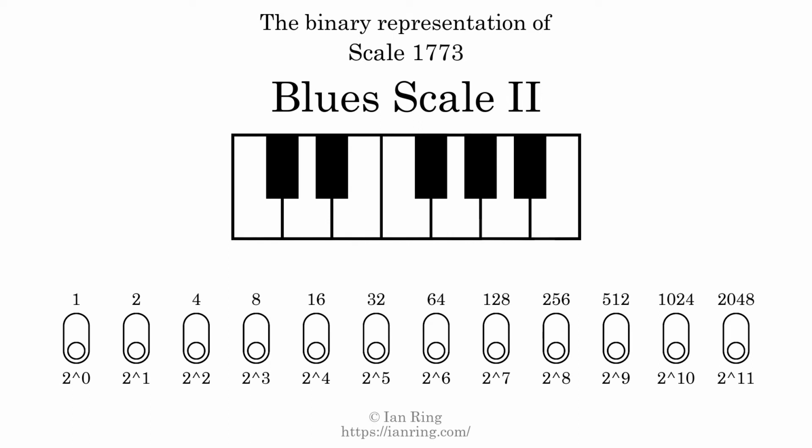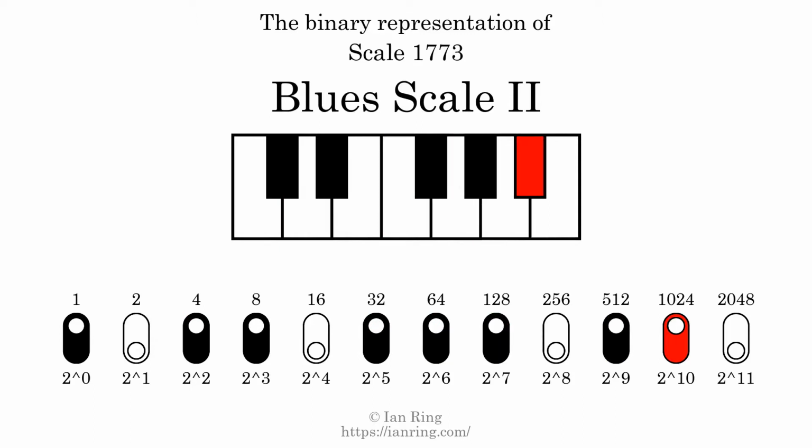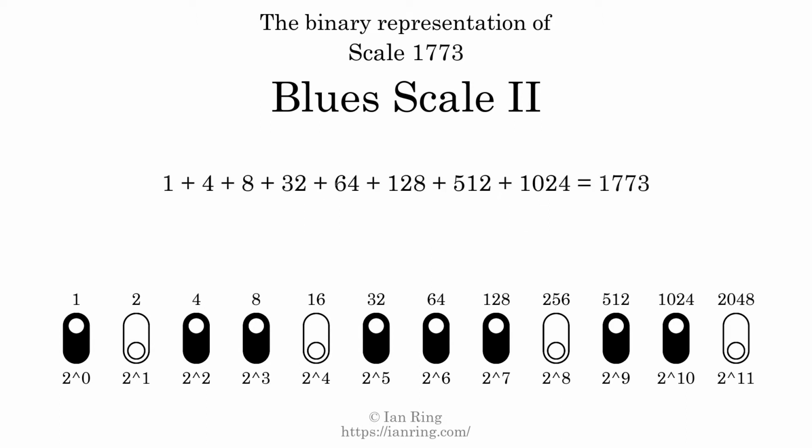The binary representation of this scale is determined by mapping tones of the scale to binary digits. Each binary digit represents a power of 2. To get the scale number, we add the powers of 2 together. The powers of 2 that are present in the scale, all added together, equals 1773. That is why the scale number, in decimal, is 1773. The scale number not only enumerates the scale with a unique index, but it also literally describes the tonal content of the scale. Represented as a binary number in base 2, the scale number is